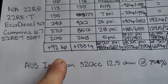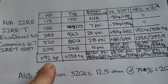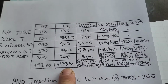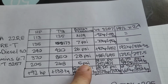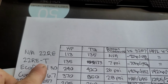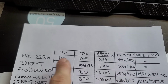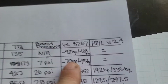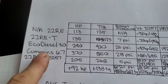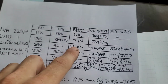So that means the turbo kit that I put together and the computer system that was operating it is getting a 92 horsepower and 133 pound torque gain from 5 psi. Compared to a factory turbo 22R, which is 7 psi for 135 and 173, a differential of 70 and 95. And then comparing the same stuff to a brand new Ecodiesel, 240 and 420, those are running 26 psi,